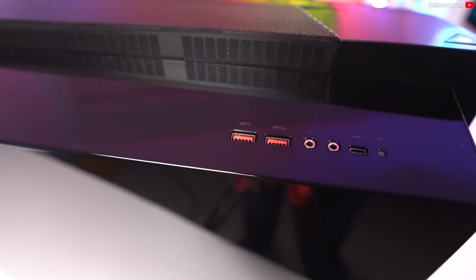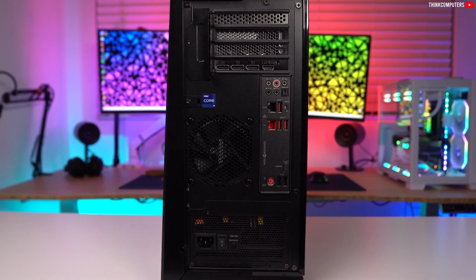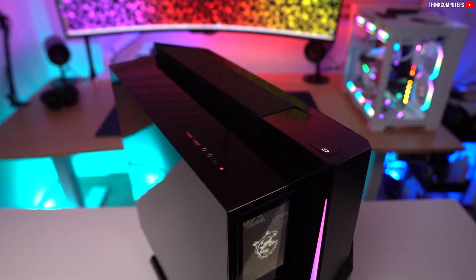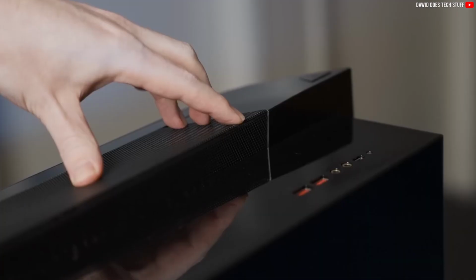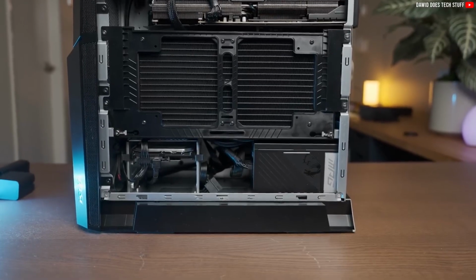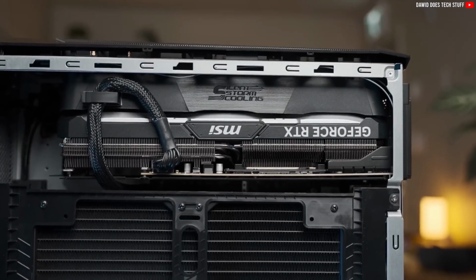Connectivity options are conveniently located, including USB 3.2 Gen 1 and Gen 2 ports, audio jacks, and an essential USB-C port for modern peripherals. The top of the case features a unique triangular power button and additional ventilation to support the graphics card. Accessing the internals is a breeze, but what you'll immediately notice is that the GPU is placed